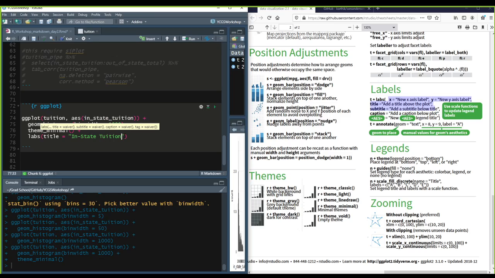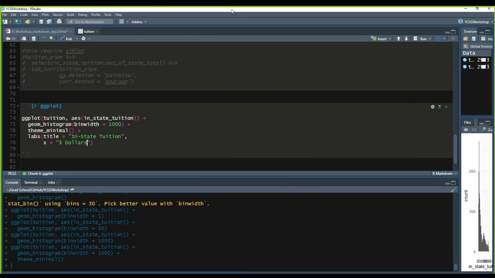And then maybe we want to change the horizontal axis as well, so I'm going to say X because that is the horizontal. I always forget that, but you can always just say X or Y and then see what it changes, and then update it accordingly. So I'm going to say, because it is in the amount,